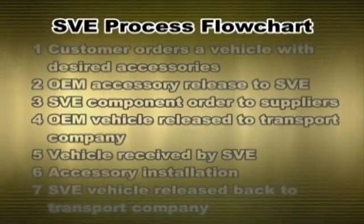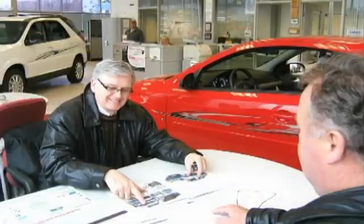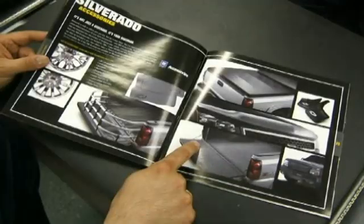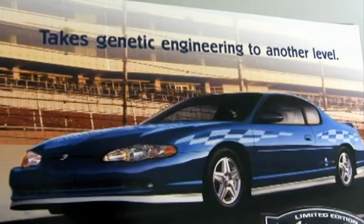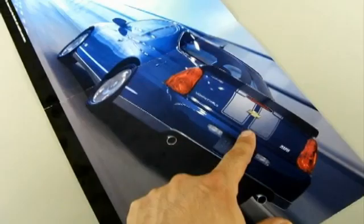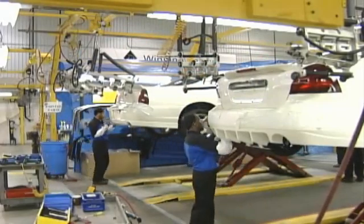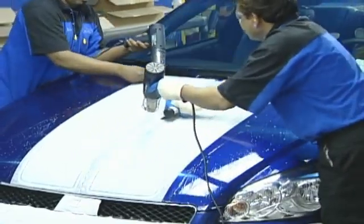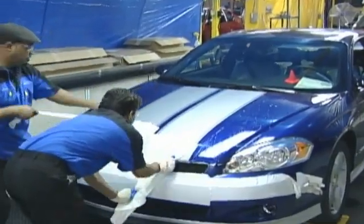SVE Decoma's process is triggered when the customer orders a vehicle with accessories. This personalization defines the customer, but also can add an infinite number of variations to the vehicle line. This sometimes makes manufacturing a challenge in a high-volume environment. This is where second-stage manufacturing can help. With our lower-volume flexible production lines, we can install accessories with the same high-quality standards that the customer expects from